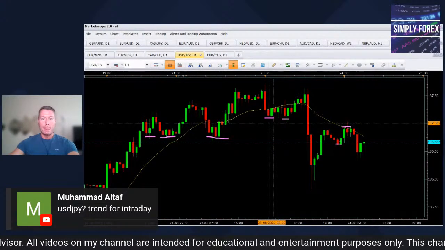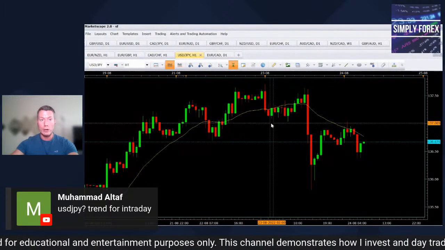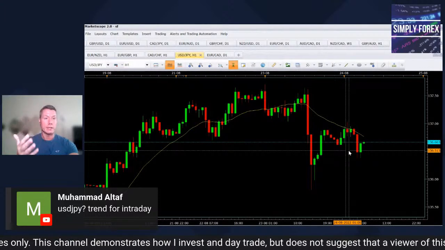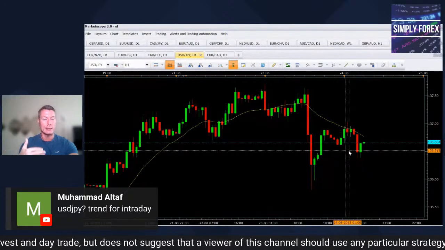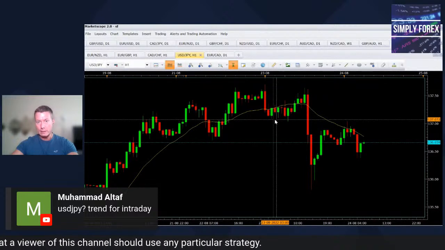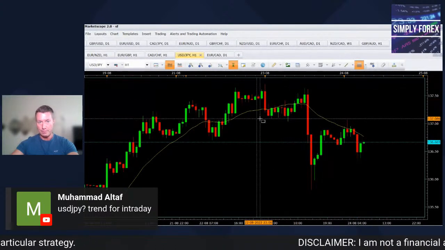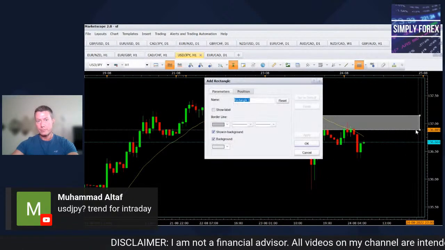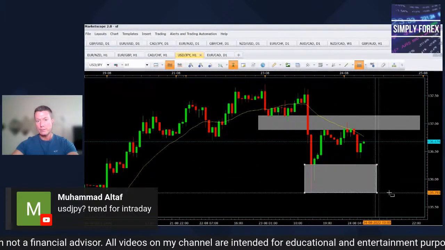Okay. I don't like the fact that the H1 structure is currently in a downtrend. If my idea on the day chart is to long, I really like H1 structure to reflect that. It needs to be in an uptrend. All right. So because of that reason, I'm only interested in these two zones. Let me plot them. Okay. So this one here. And if it came down to here, I would take this because this offers excellent, excellent value.